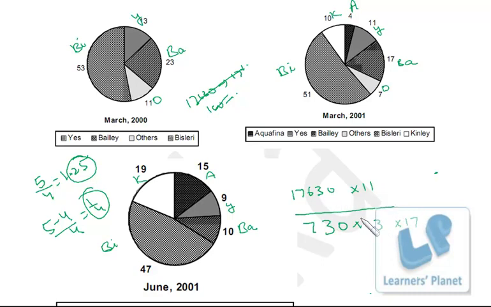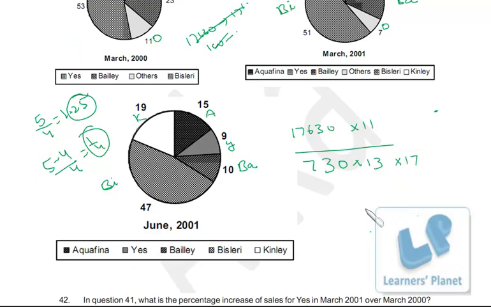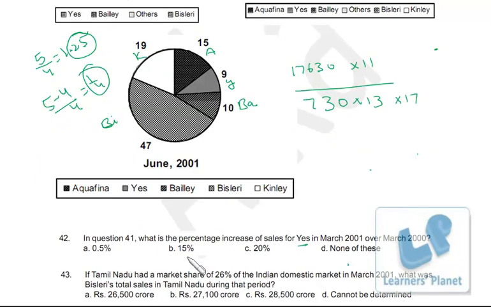Now we are left with the simple calculation. And since you can see the options are quite far from each other, 5%, 15% and 20%, we can do this calculation simply. So first let it be cancelled. Then maybe I take 17, 17 fours are 68. We have 63 over here. So it is a bit less than 104, but approximately I'm taking it as 104. And that is around 8, a bit less than 8, because it is a bit less than 104, but 13 eights is 104. So the approximation is now very narrow, right?